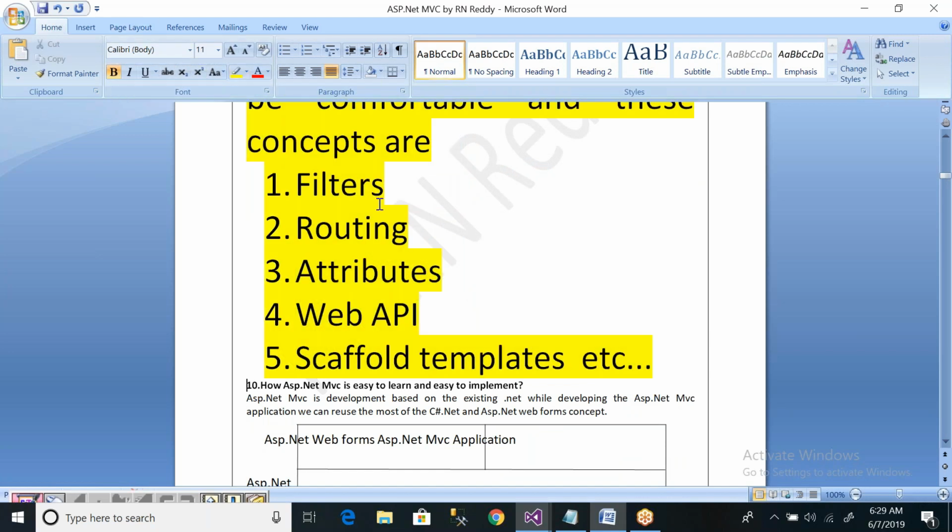You don't have these concepts in ASP.NET, so ASP.NET concepts plus ASP.NET MVC. These are the ASP.NET MVC newly added filters. They will make our validation code very, very easy. Next, routing, attributes, web API and scaffold templates. These are all the new concepts in your ASP.NET MVC.